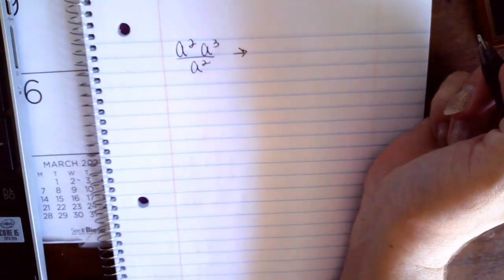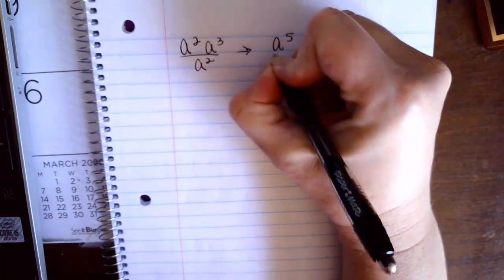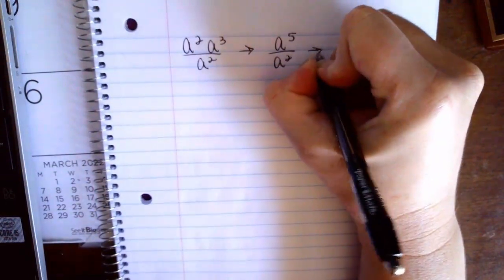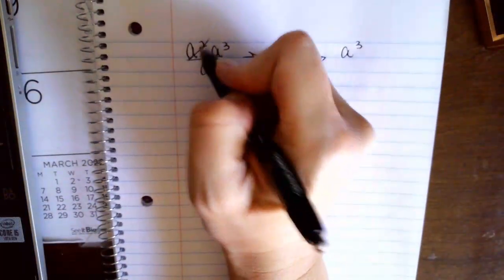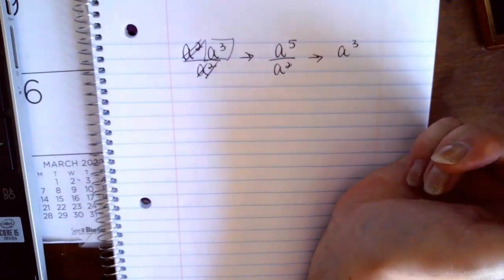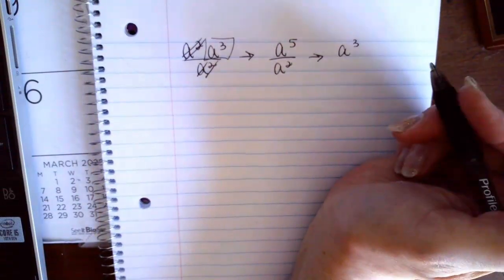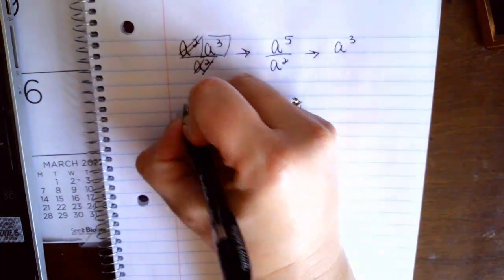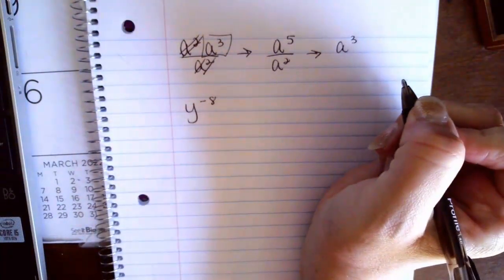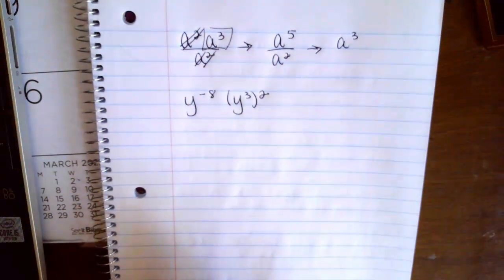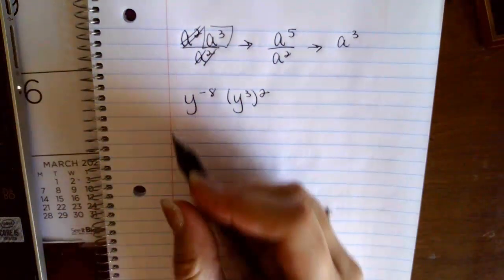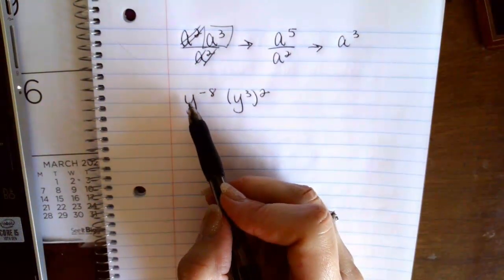We can add up the exponents and get a to the fifth over a squared, which then becomes a to the third, or, since any number divided by itself is 1, it reduces to a to the third. Both ways are mathematically correct, and both ways give you the same answer of a to the third. So our next problem is going to be